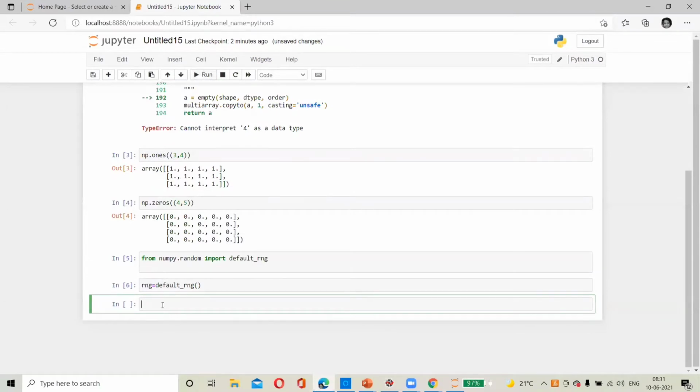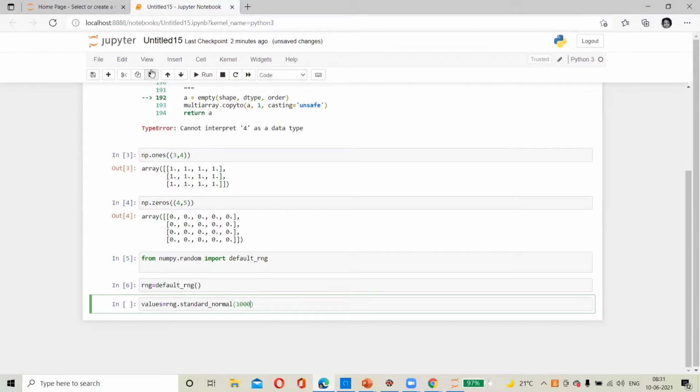Okay. Now we have the data. We'll say values: values is equal to rng dot. Now the problem here is that automatic suggestions will not come like we have in the Anaconda editor. So you need to remember everything. That's another problem we will face.